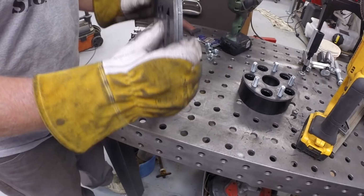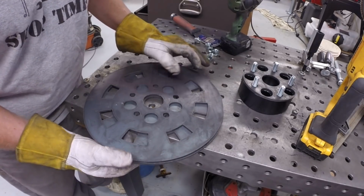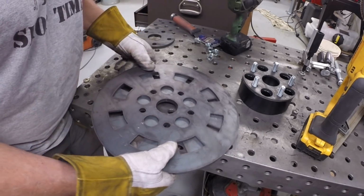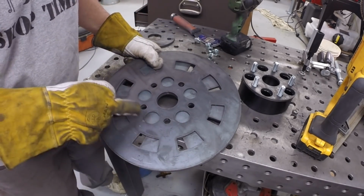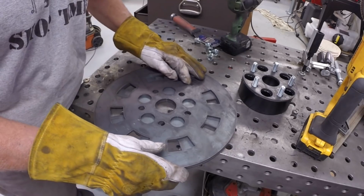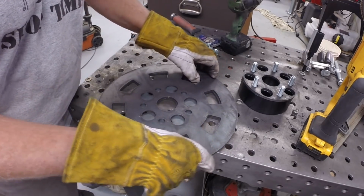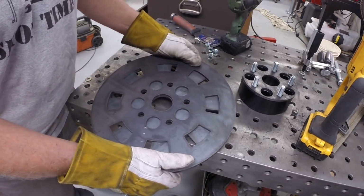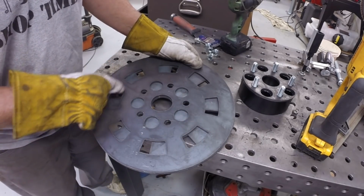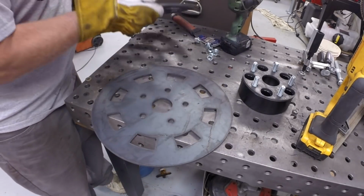I don't know how I did this. I thought I discovered this problem in Fusion 360 and I thought I fixed it. Anyway, when these stud holes are aligned, these gaps need to also be aligned. So I need to go back in and figure out why that isn't so. But in any case,